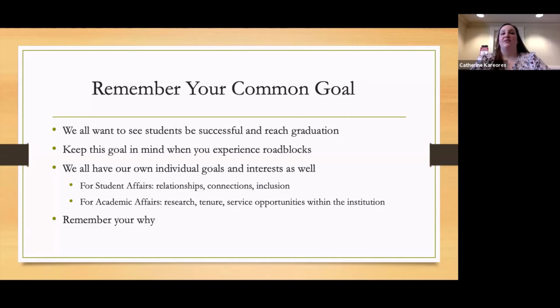And it's all about finding that event, finding that way to make that come to fruition to best support them. But also keep in mind, we have our own individual goals and interests as well. So for student affairs, that can tend to be things like building those relationships, helping students form connections with us, with faculty, with each other, and inclusion. So making sure that students feel like they have a place within our residence hall where they can be open,